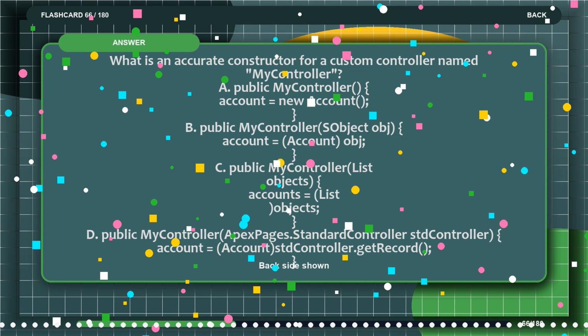What is an accurate constructor for a custom controller named myController? A. public myController(){account = new Account();} B. public myController(){SObject account = accountObj;} C. public myController(){List<Object> accounts = new List<Object>();} D. public myController(ApexPages.StandardController stdController){account = (Account)stdController.getRecord();}